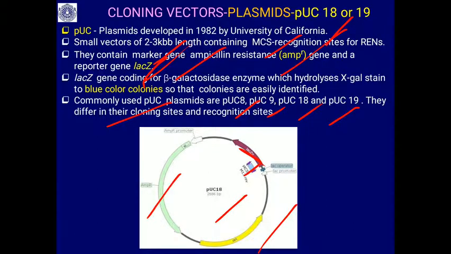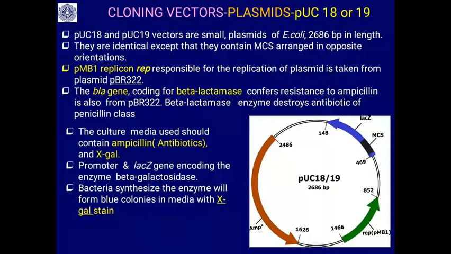So this is the AMPIR or ampicillin resistant gene, and this is MCS, multiple cloning site, and LACZ gene, ORI, origin of replication. It is similar to pBR322, because a part of pBR322 is used here to develop this. The only thing is, it is added with the LACZ segment, lac operon segment.